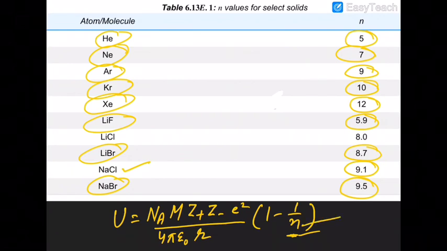Now this n value you can put from here while calculating the numerical. This value is of theoretical use only. I am just giving you the information so that you have the knowledge. Otherwise, the value simply depends upon the product of two charges divided by radius square.